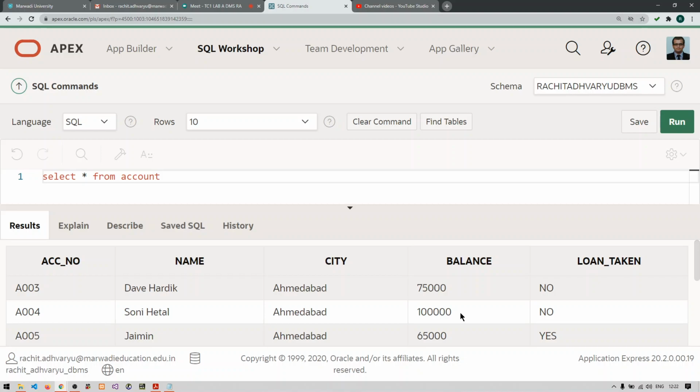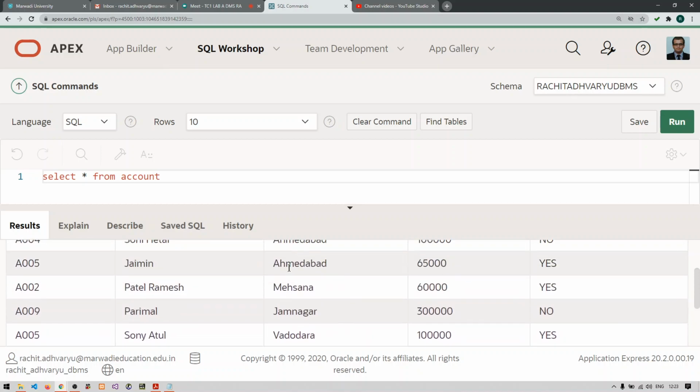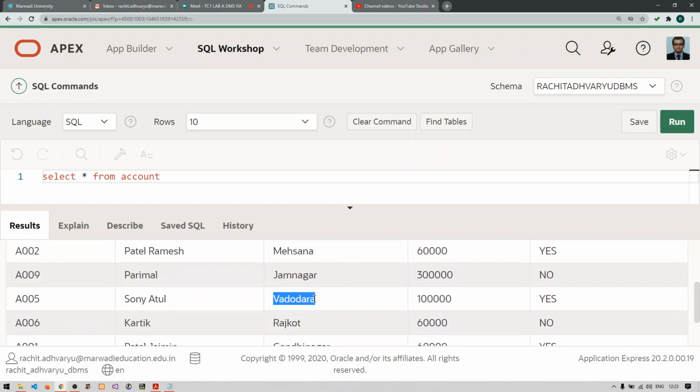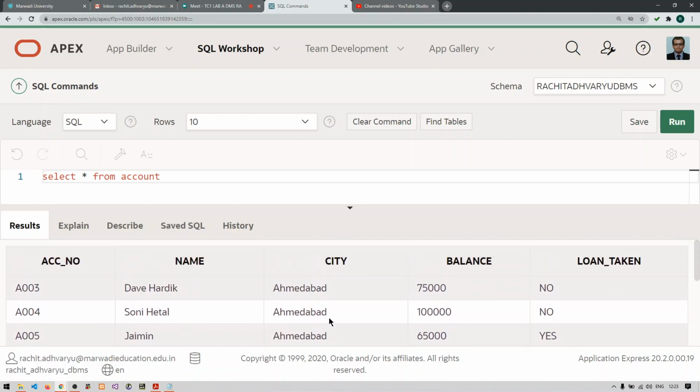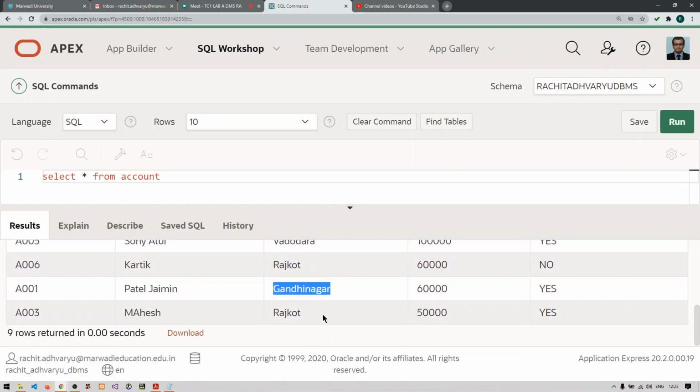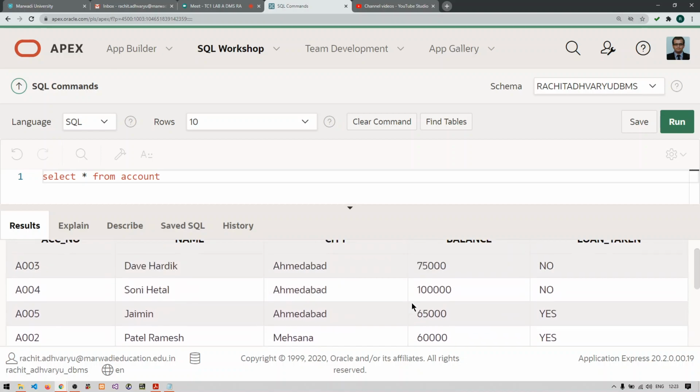Display the total balance of each city. So here, if we want, we can say that our distinct cities are Ahmedabad, Mehsana, Jamnagar, Vadodara, Rajkot and Gandhinagar. But because we know that Ahmedabad and Rajkot are getting repeated, we need to group them first of all. And after grouping, we need to make the total of each of their balances.